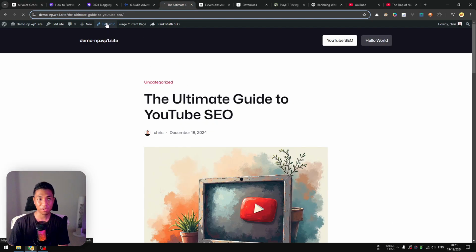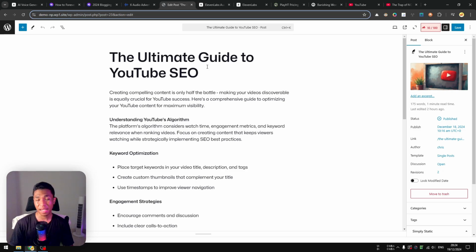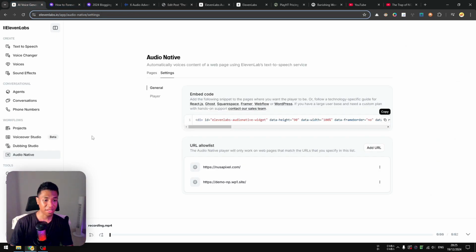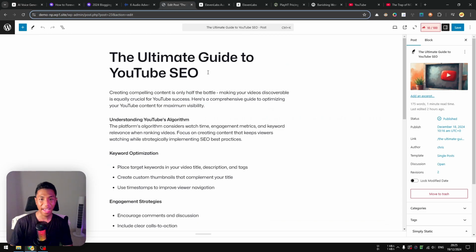I'm going to click edit post, and we're going to put this embed code usually at the top of the content. Then you might be asking, why not just put this embed code site-wide, so basically every page, every blog post will have the audio native player so the visitors can listen to it. Well, you can, but I highly recommend not to do it. Let me show you how much credit I have on my Eleven Labs account. You'll see that I have 85,000 credits, and if I add this embed button, you'll see that the number